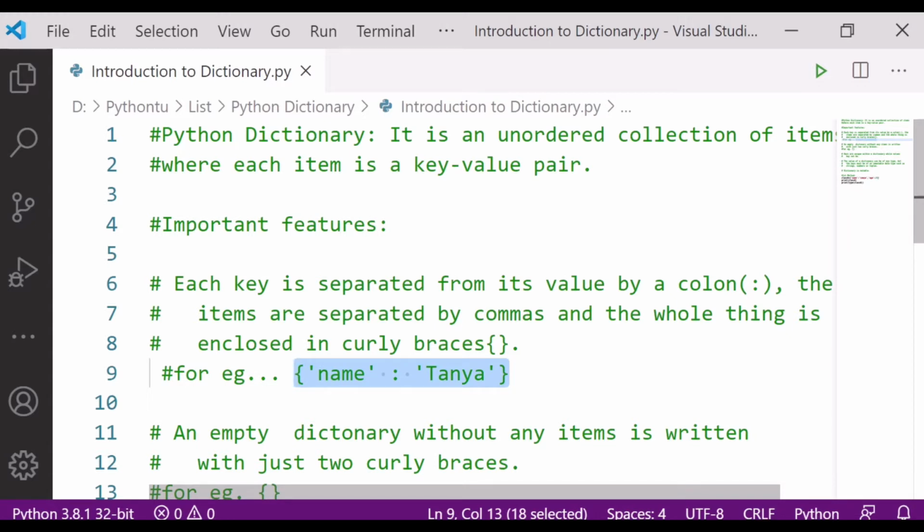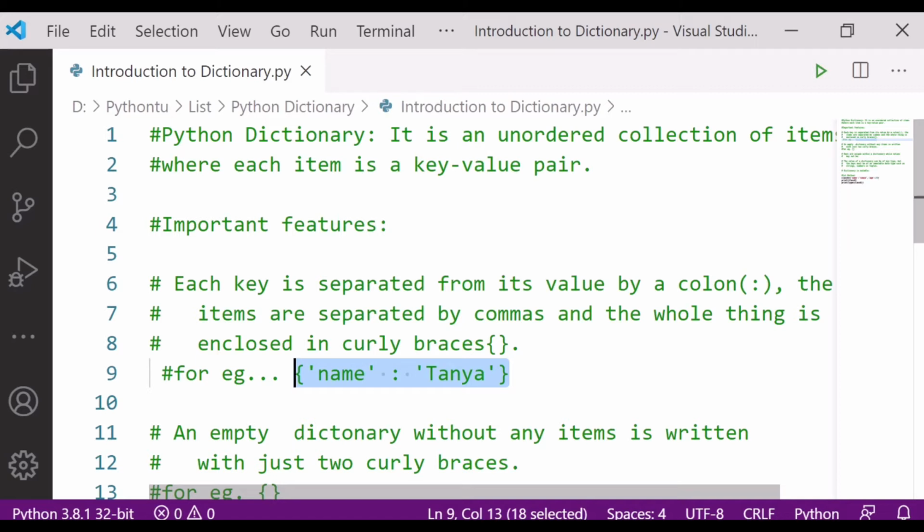Here it is describing the connection between the two things. One is a variable, and I am storing the value Tanya in the name variable. I can directly write Tanya, colon, and then store the marks or age, you can say.